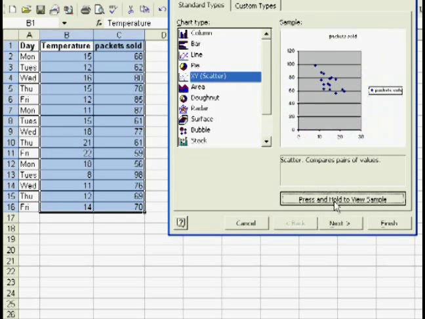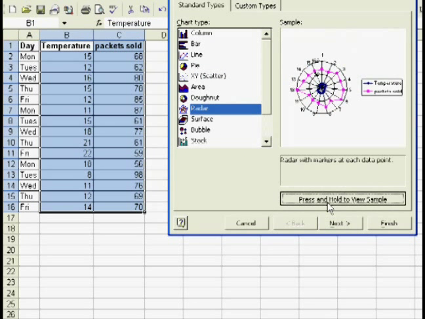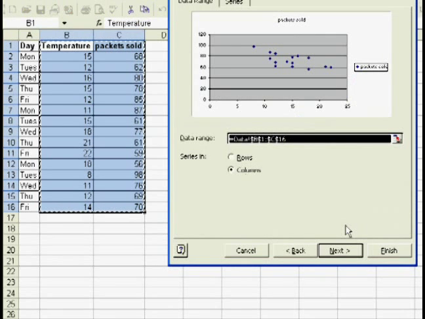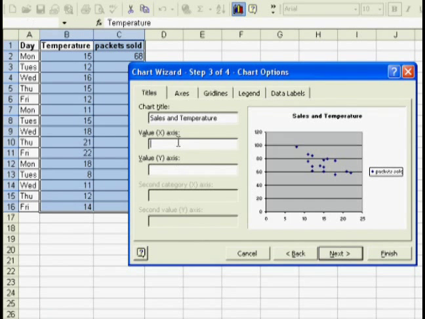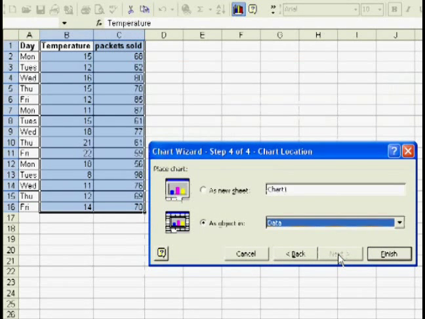We can preview it or any of the other options to see what we want. When we are sure, we click Next. The correct data has been chosen, so we don't need to do anything here, so click Next. It's a good idea to put in the titles now. Then we click Next. For now, we will put the graph as an object in the spreadsheet with the data